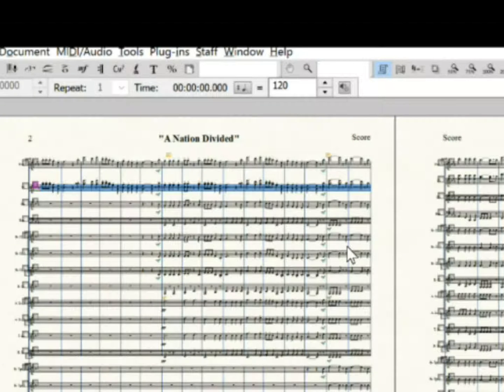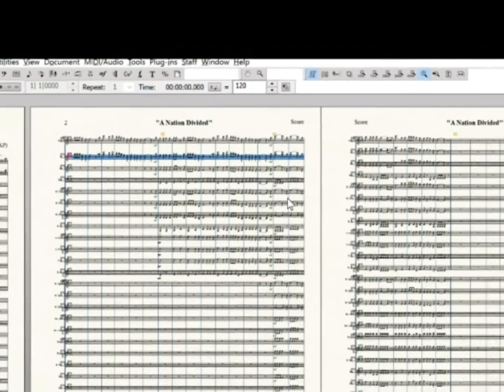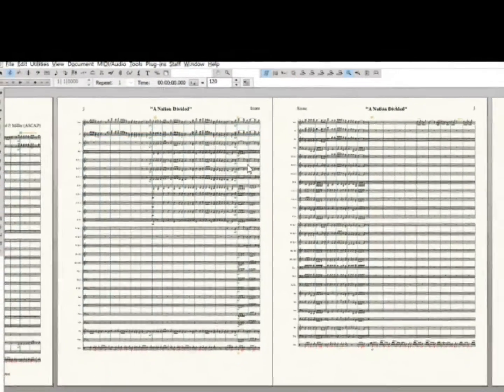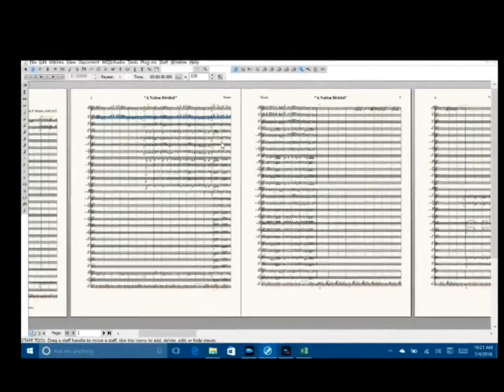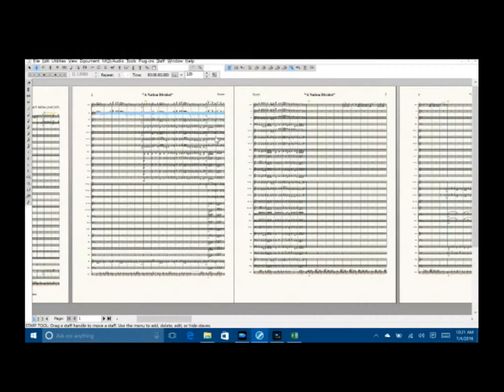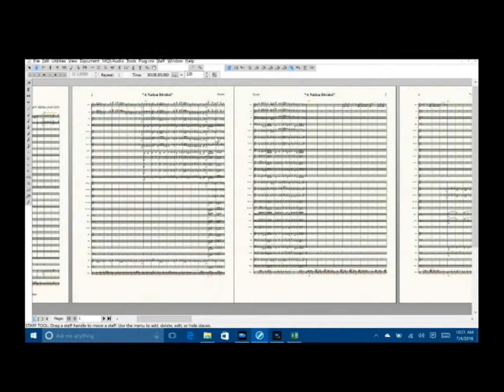You will notice that it does not apply to subsequent pages. Hold on a second. I'm going to put it back where it was. Up arrow. 1, 2, 3, 4, 5, 6, 7, 8, 9, 10, 11, 12, 13, 14, 15. Now it's going to take a minute for that to catch up, but that will be back where it was.